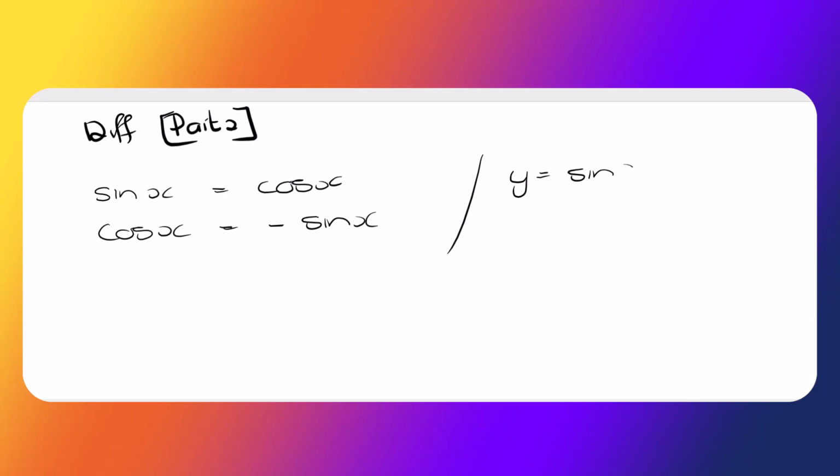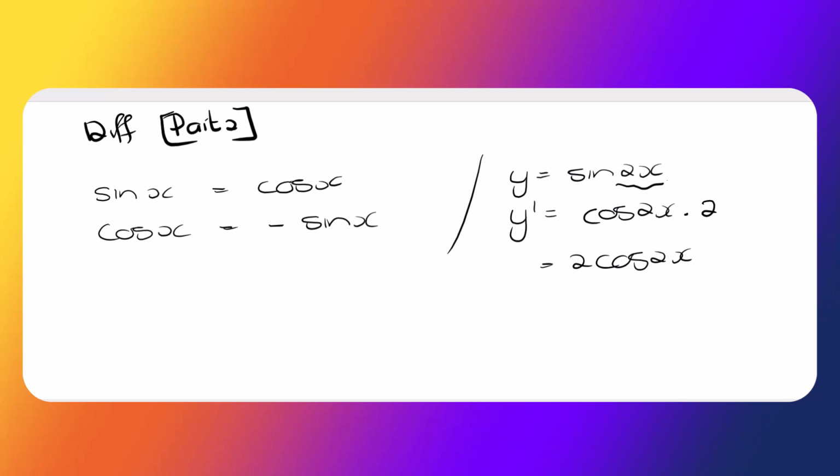Okay, if we continue on the formula sheet, if you look at sin x, if you differentiate, it gives you cos x. If you look at cos x, if you differentiate, it gives you negative sin x. Okay, let me stop a moment there. If they tell you y is equal to sin 2x, if you differentiate, y is equal to cos 2x, but this is not normal. So then you multiply with the 2, and my answer is going to be 2 cos 2x.